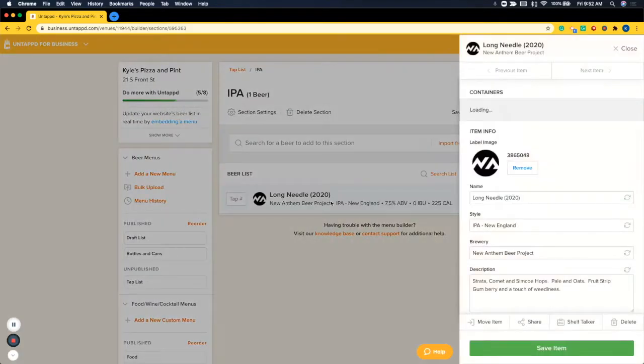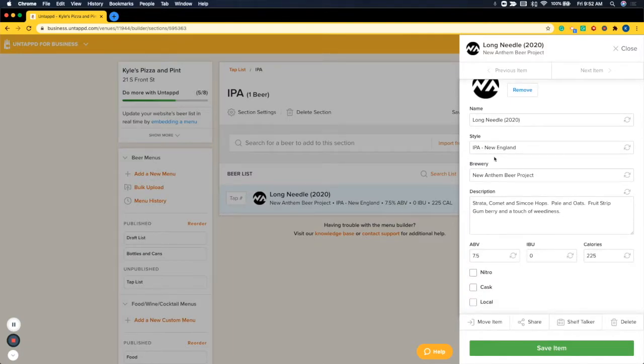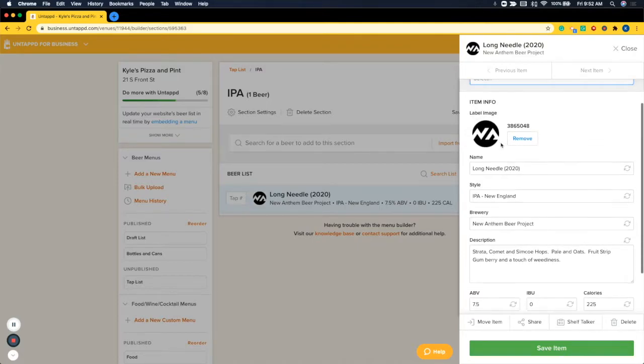If I click on the item again, you'll see that the label image, as well as all the other info about the beer, is pulled in. You can edit any of this information as far as how it will appear on your menus. And it is important to remember that when you make these edits, it won't change the way that the beer